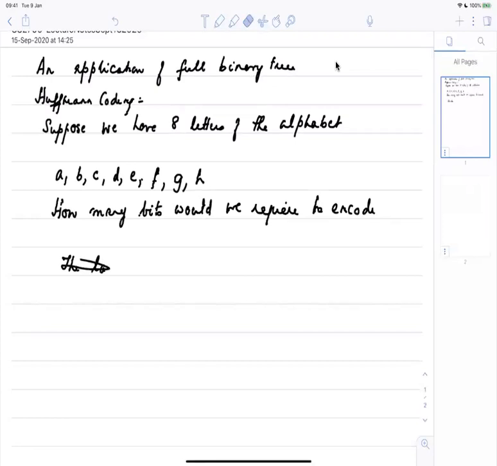Let me take something: "Able was I saw Elba." Let's say I want to transmit this on the line. Okay. So what do we do? We use what is called ASCII,